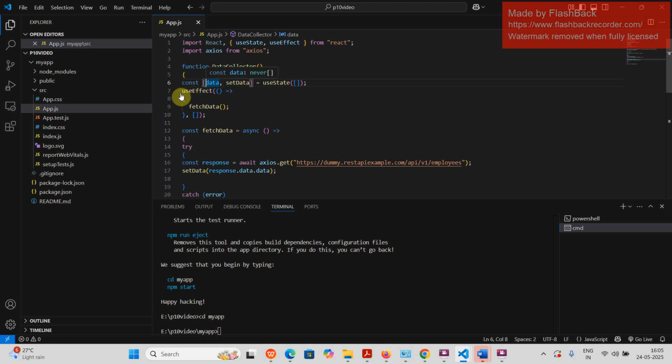Okay, so this is about the state variable creation. Next comes the useEffect. Once your functional React component gets mounted, initially in the beginning, useEffect will be running. So inside the useEffect, what do we have? First of all, we have a fetchData function, and along with that we also have an empty dependency array,